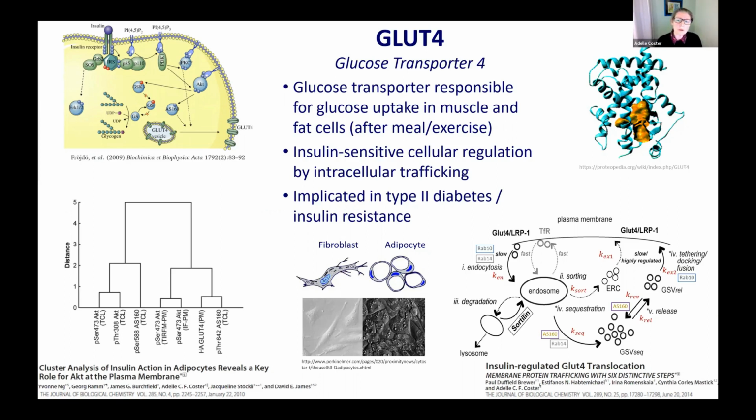So what do I know about it? Well, after many years investigating, and here's a nice little picture of what GLUT4 looks like, we found that GLUT4 action is correlated in terms of its dose response with not AKT in general, but AKT at the plasma membrane. So this translocated version of AKT that we've just been looking at is the driver of downstream effects for GLUT4. I also know that GLUT4 has a relatively complicated cycle.